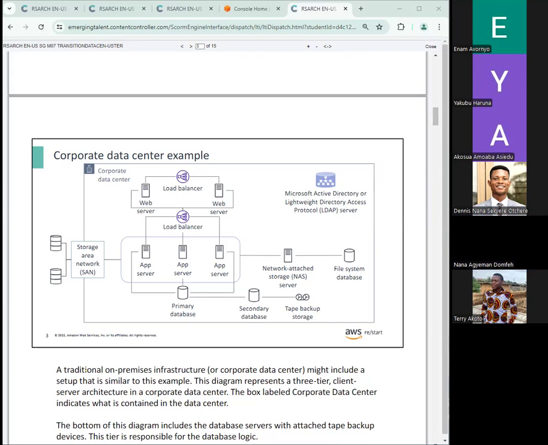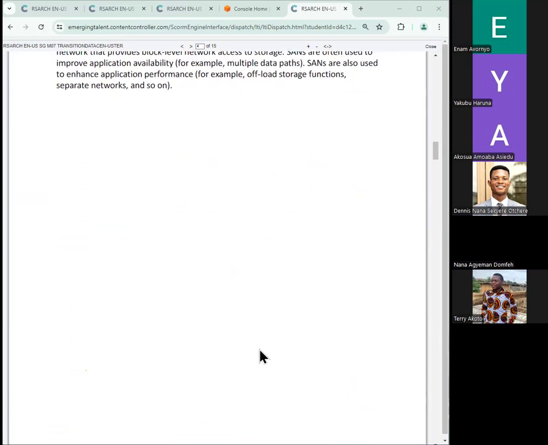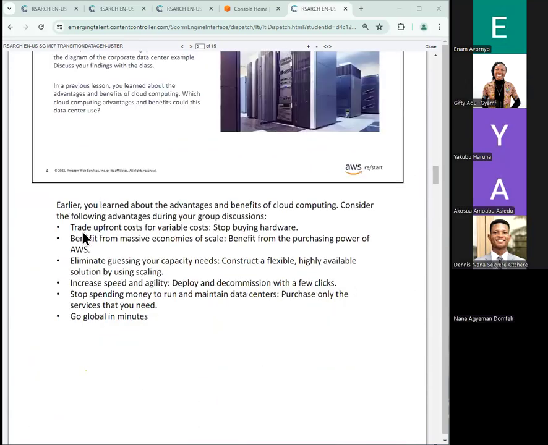Thank you. All right, thank you, Yakubu. So with the benefits, the first one on our list, as Yakubu rightly explained, is trading upfront costs for variable costs. When we talk about upfront costs, in your data center you need servers, okay? You go to the manufacturer or the seller and you put that upfront money. So this is how many servers that we need. And then you would buy them and install them inside your data center. Now you're trading that upfront cost